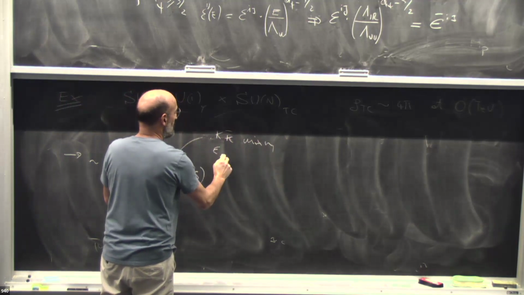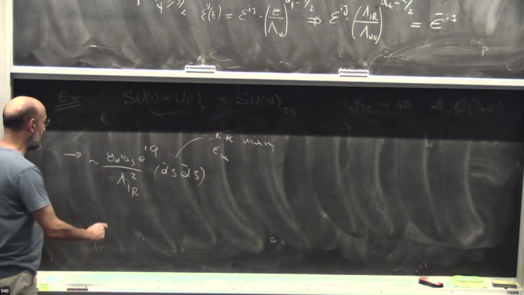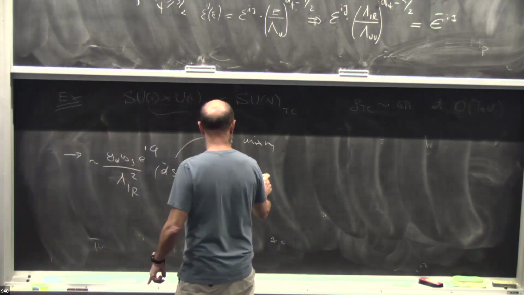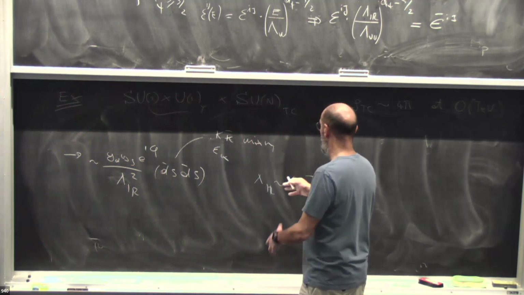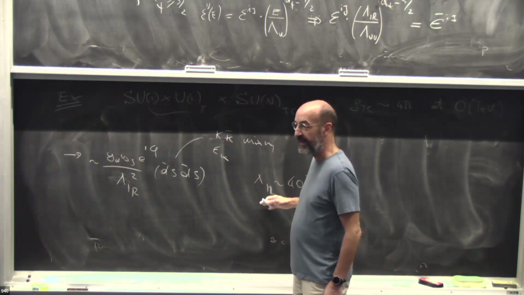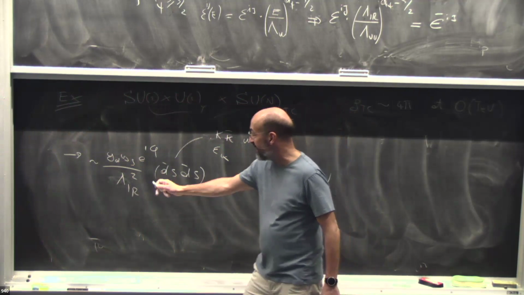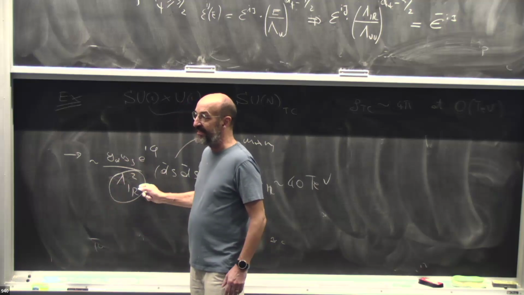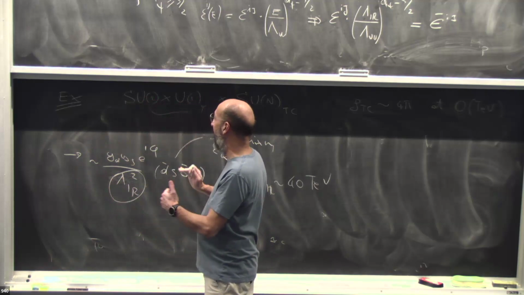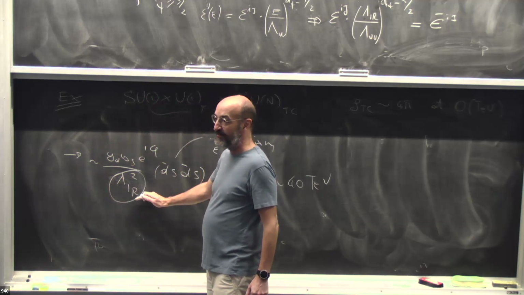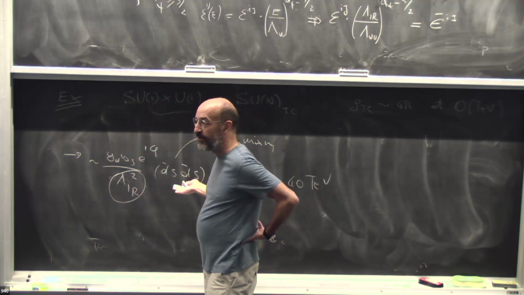And epsilon K. Is it as bad as just original Technicolor? No. The constraint on this scale is that lambda IR is bigger than 40, or 30, depends how you view it. So this is at the edge of what you can do. That means that this is the mass of the resonances. That means that this beautiful theory of flavor is at the edge, or maybe beyond the edge, of discovery at FCC-HH. But it's a theory of flavor.